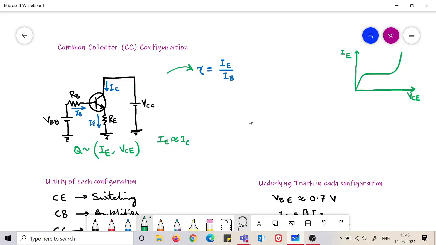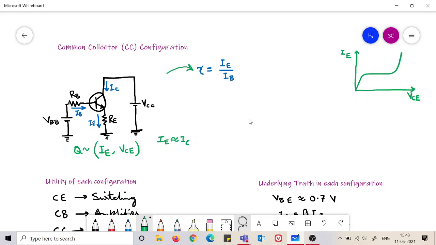So now you have solved IB. Once you have solved IB, you can get IE. You assume some value of gamma. I will say what exactly is gamma. That is important here actually. So you have to get that value of gamma, and then IE you can figure out.